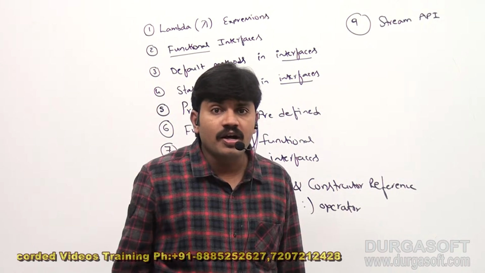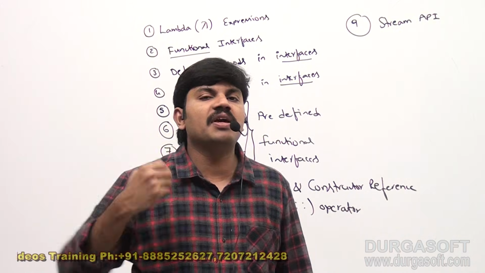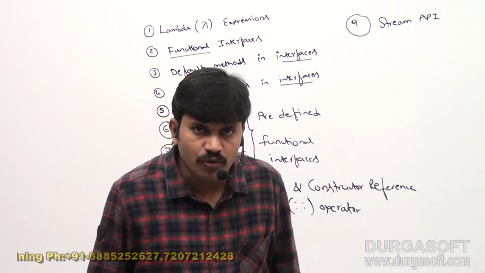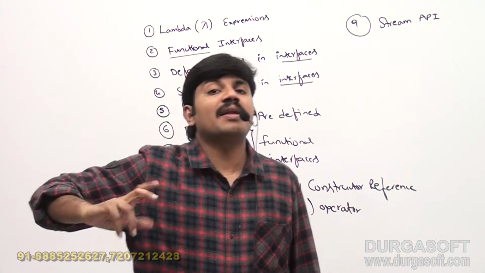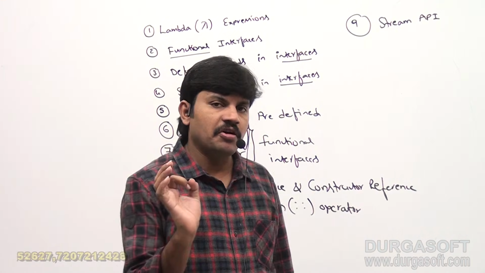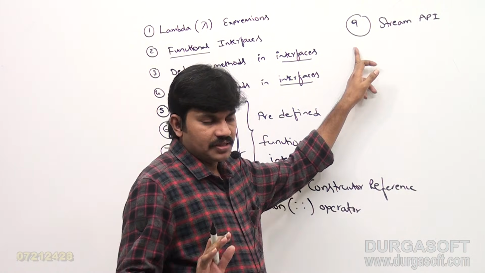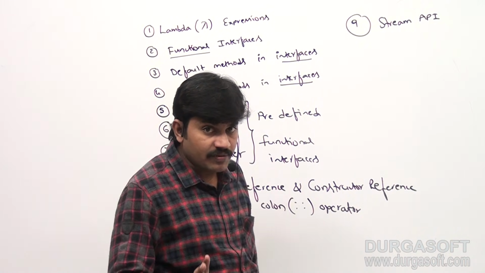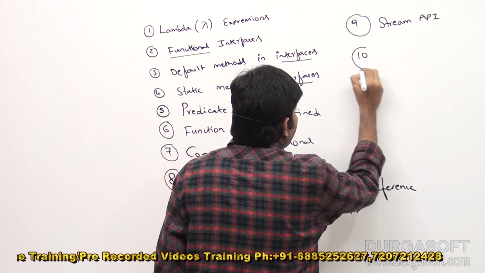To perform bulk operations on collections becomes very easy. In your normal coding, if you are writing 5, 6, 7 lines of code, by using stream you can write just 1 line. So to write more readable, maintainable, concise code, the streams concept is a wonderful, beautiful concept. Whenever we are using Java 8, only two words are in every person's mind: one is lambda expression, the second one is stream API. Most valuable concepts, and of course my favorite topics.